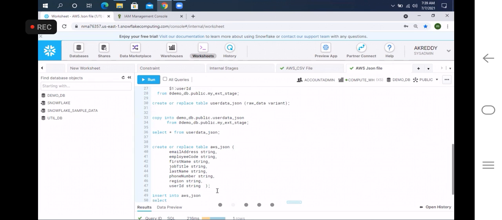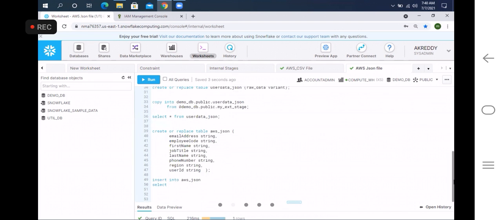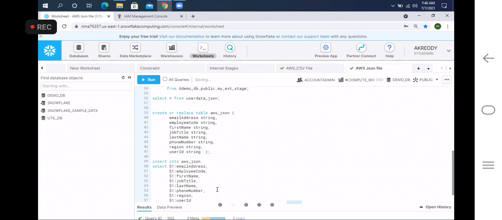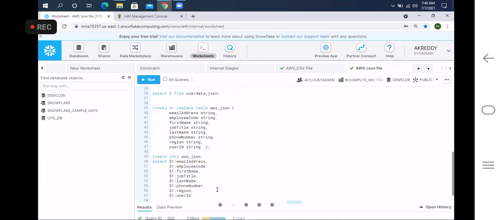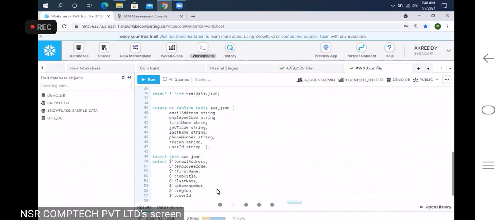Then you can write select. I'm copying here. From